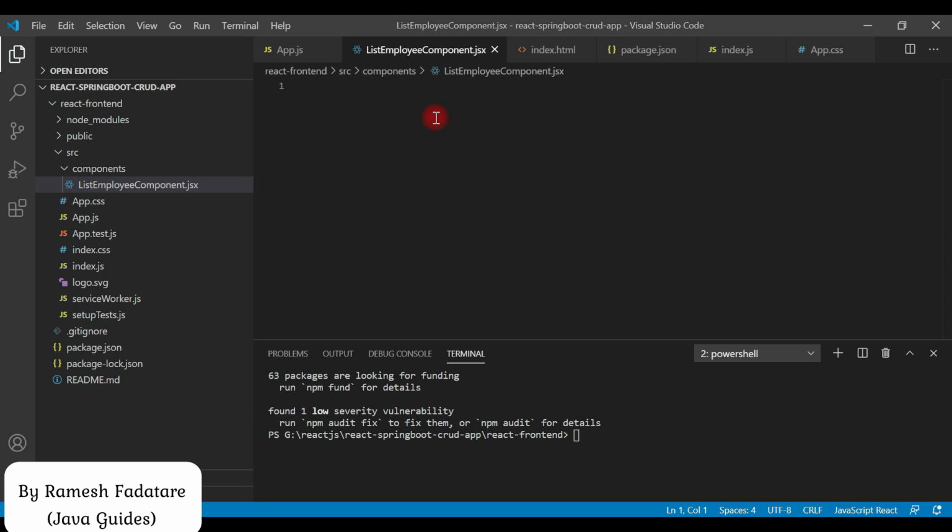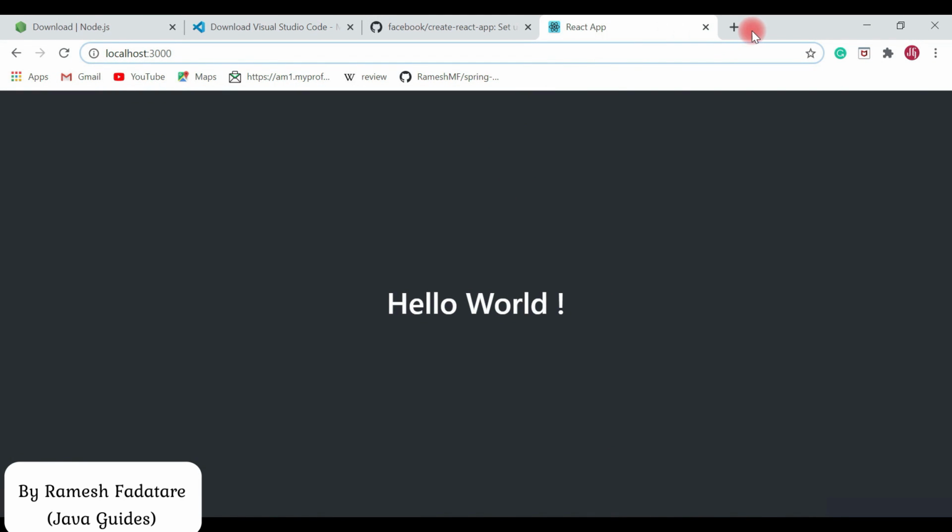Now the important thing is I am going to use React snippets to quickly create a React component. I highly recommend you guys to use React snippets in Visual Studio Code IDE to quickly create React components and a few other things, like functional components or services, etc. So in order to install React snippets, go to the browser and just type